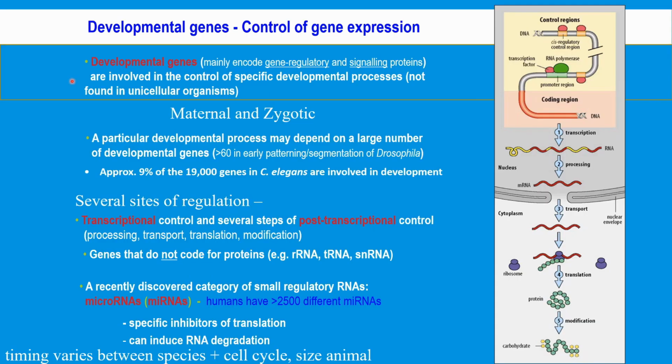Let's talk about developmental genes and control of gene expression. When we say developmental genes, we mean those genes that are important for the development of the animal. When we disrupt those genes, we end up with developmental phenotypes. So either the development of the animal stops or it gives rise to a misshapen, misformed animal. For example,